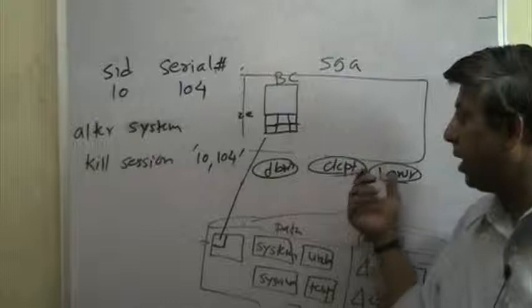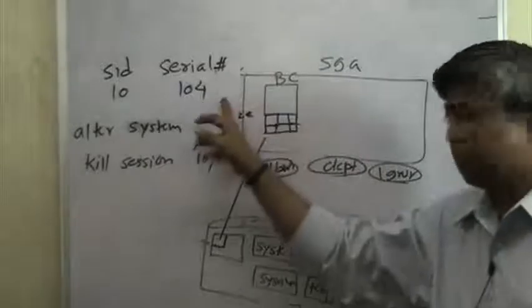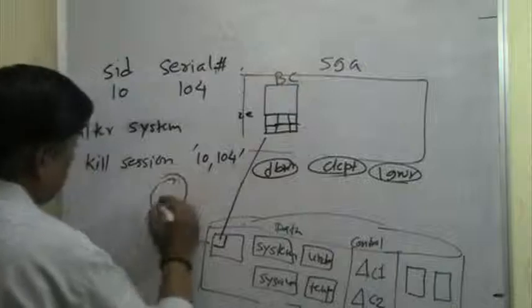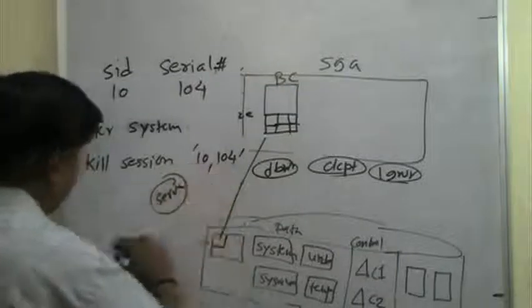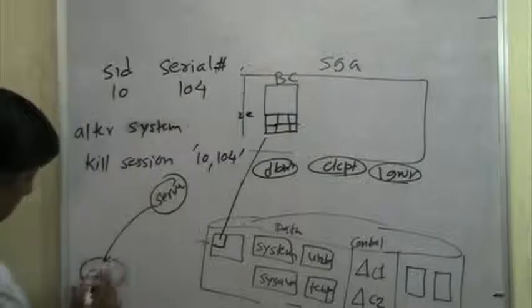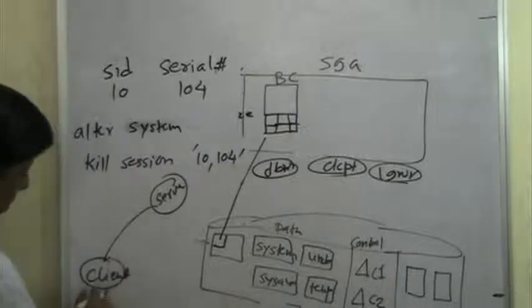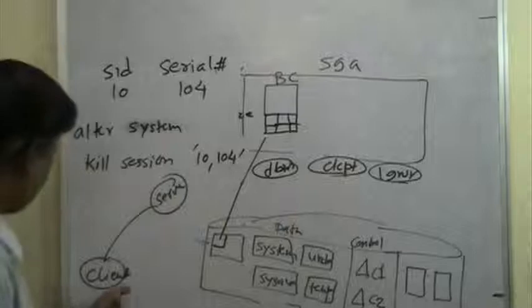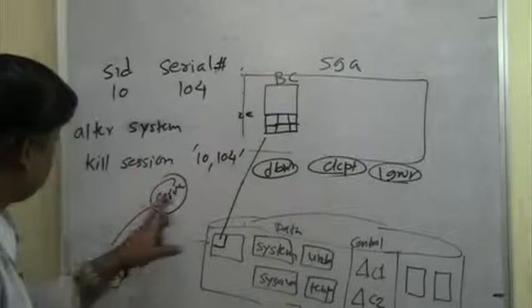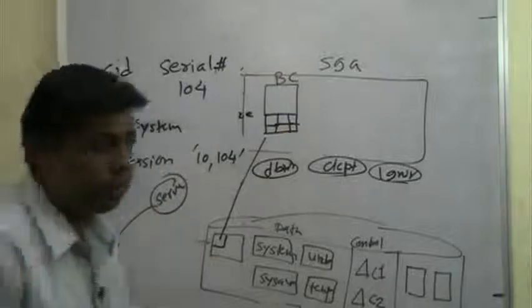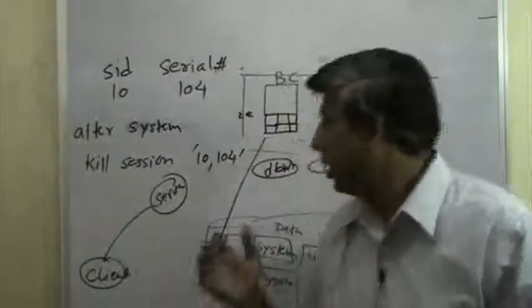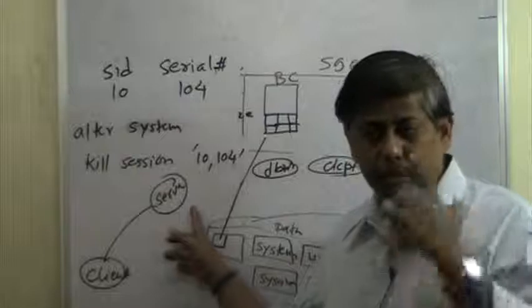Once you write this command, then the process, which is the dedicated server process. So let us say this is the dedicated server process, which is actually connected to the database, and this is the client process here. This dedicated server process will be killed. Now there is one important thing that happens, and that is when the dedicated server process is killed,